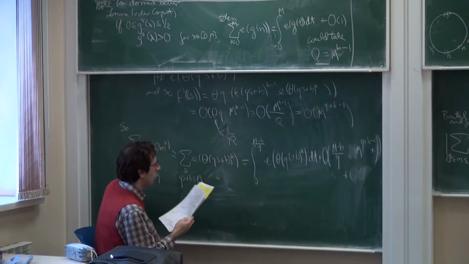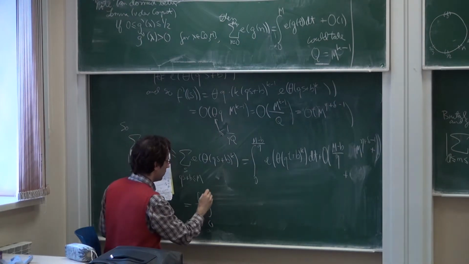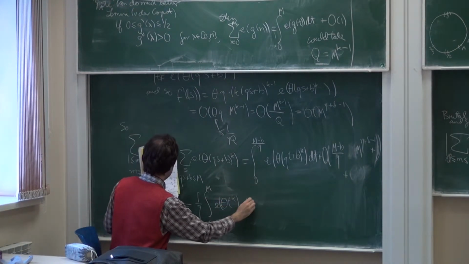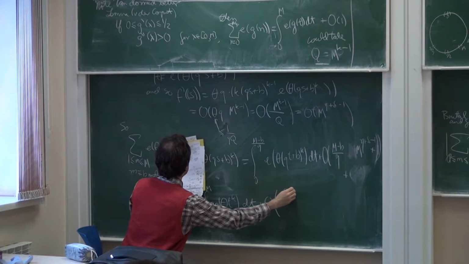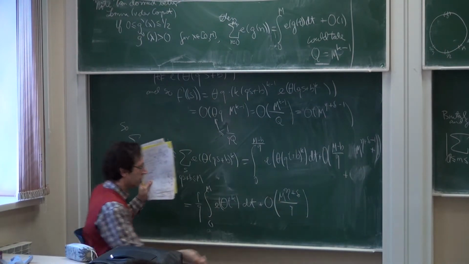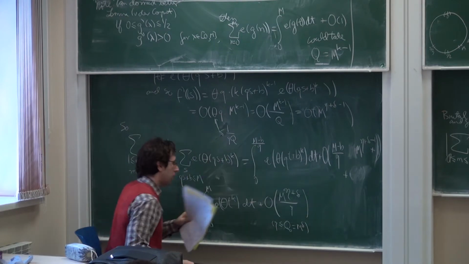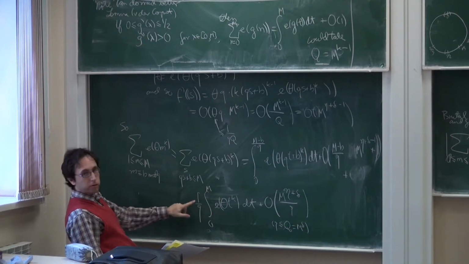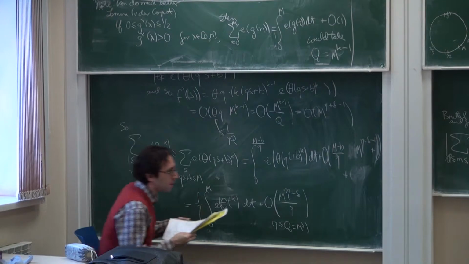So here we are just going to change variables again. We have a little error term that is of size 1, so I can just do it from 0 to m. E of theta t^k dt plus O of m to the eta plus delta over q. Very well. Little q, remember, is O of m to the delta. All right, so we have this, which is what we wanted. So we have approximated our sum by the integral divided by q, because we're just taking the integers congruent to something modulo q, plus an error term. So we can now approximate as eta